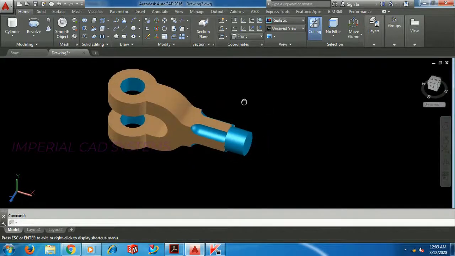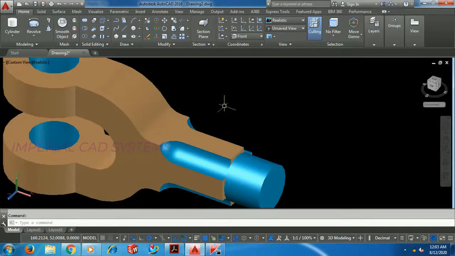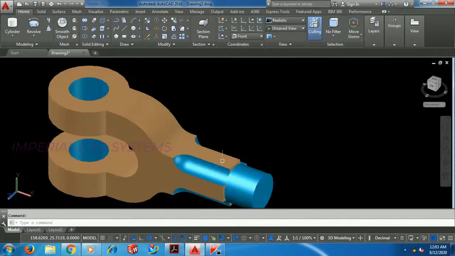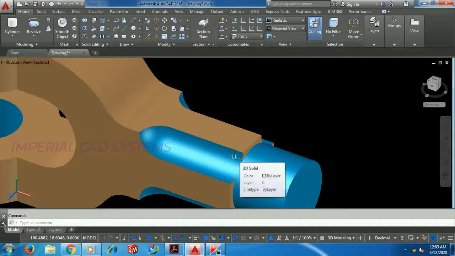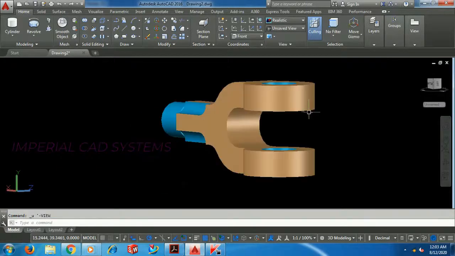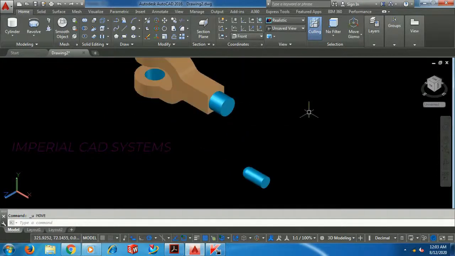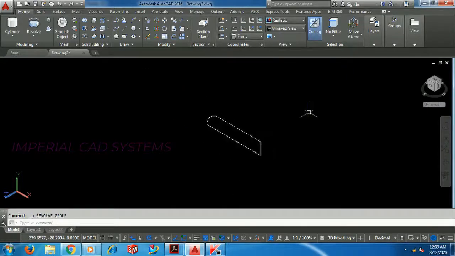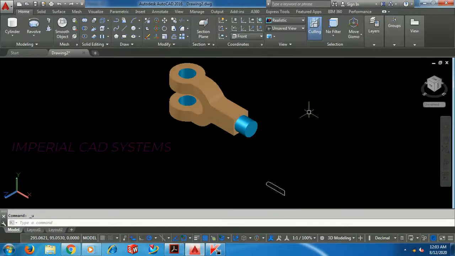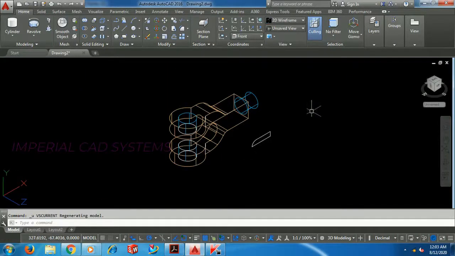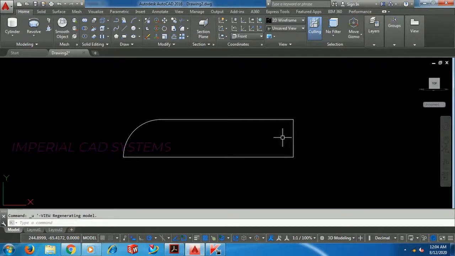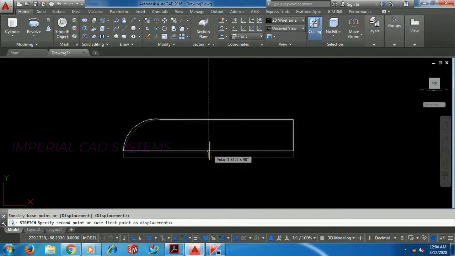See, so 8 mm, it should be 7 mm. So we go back. Yes, enter. So I am reducing 1 mm.